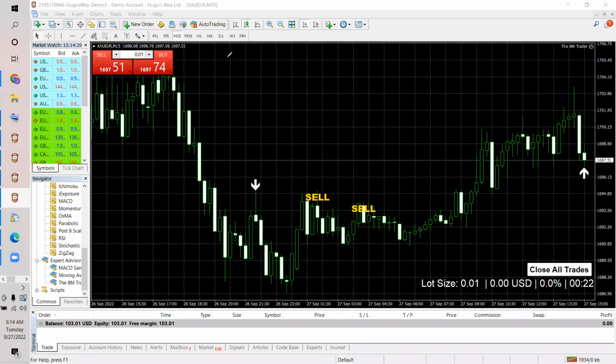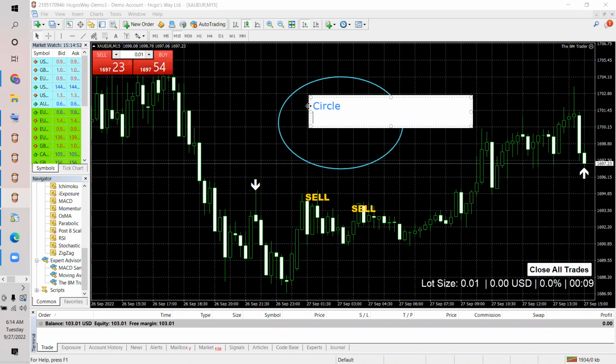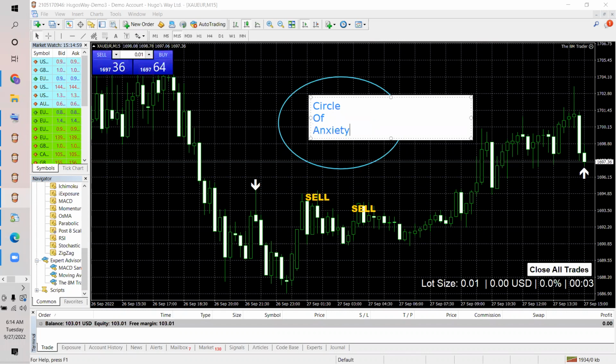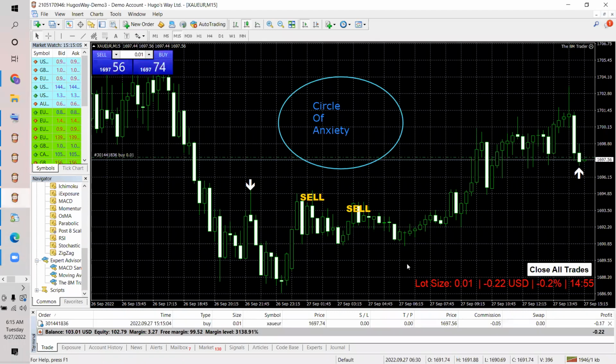again, we could even draw the circle of anxiety like this. Let me grab my pen right here. Circle of anxiety, right? Because now we're understanding there was a new circle of anxiety for those that would have just did what I did. So those first 15 days, we can actually picture. Let me just grab this buy trade right here. There we go. Okay. So we can go ahead and we can talk about that journey a little bit more